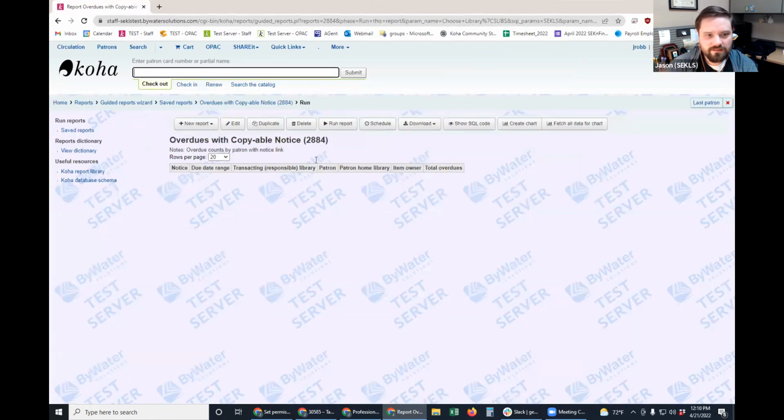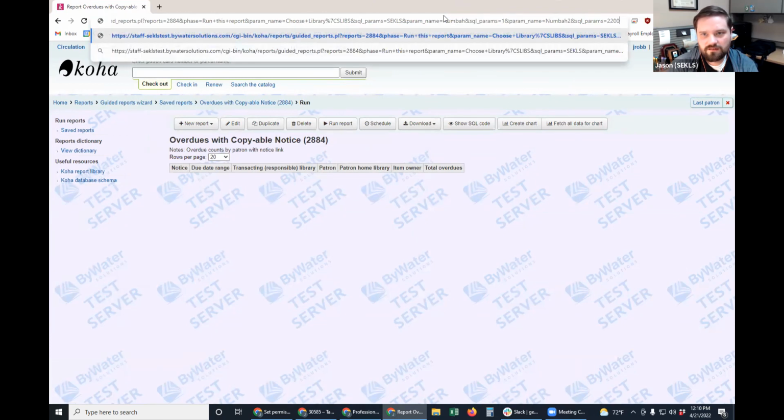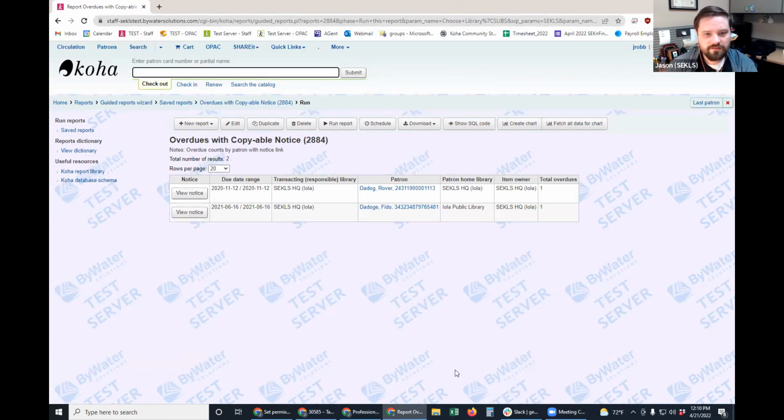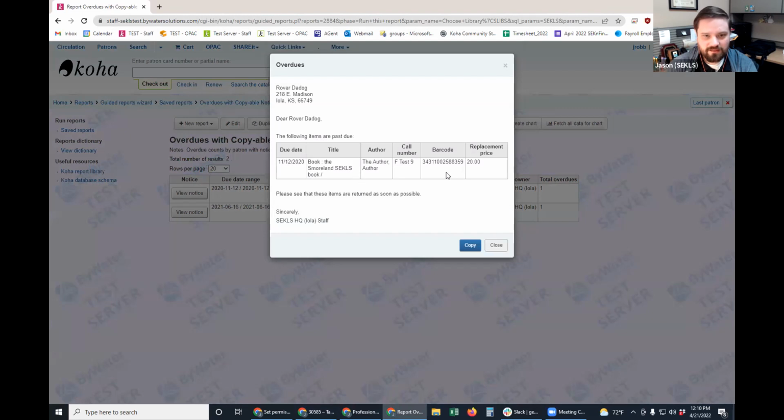That didn't work either. There we go. Okay, so this report, I built a button that then pops open a modal that then gives